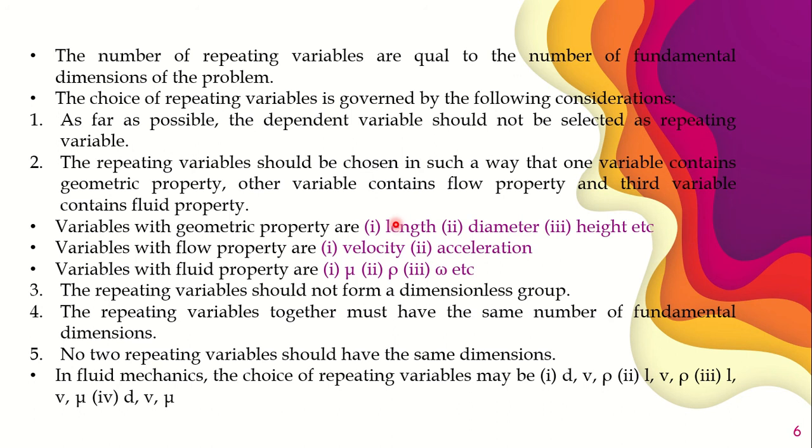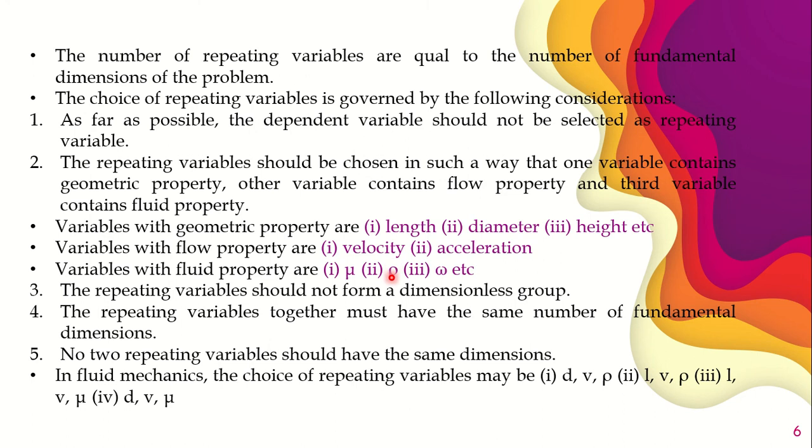It's only capital L. There is no M, there is no T. But still I have no problem. Why? Because I've selected velocity also, so velocity is also having T. So now I have to select the fluid property such that in this fluid property variable there should be M. So if I select density, it's fine. Why? Because density is mass by volume, ML power minus 3.